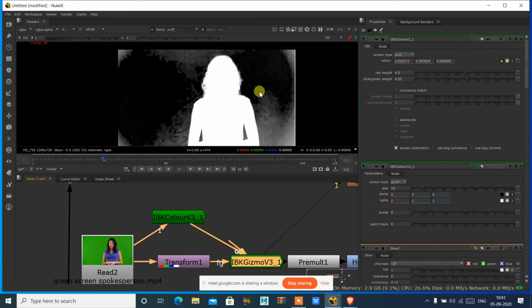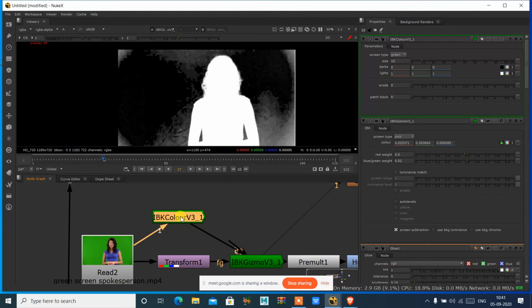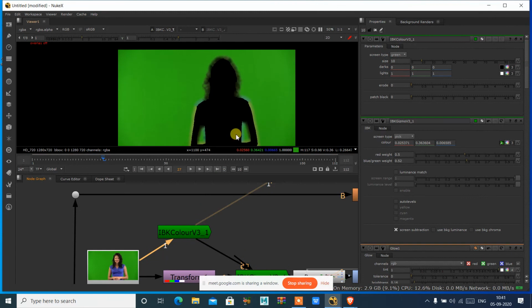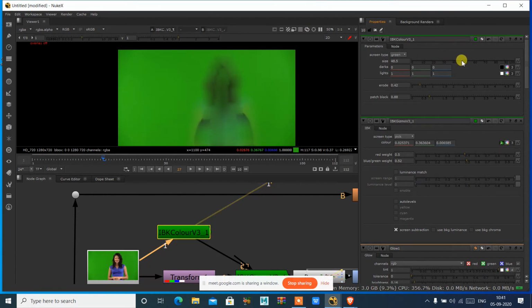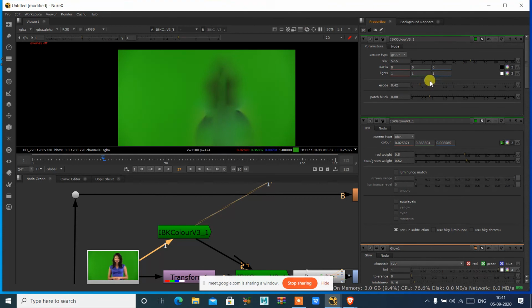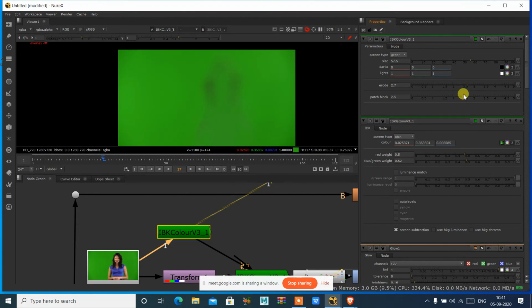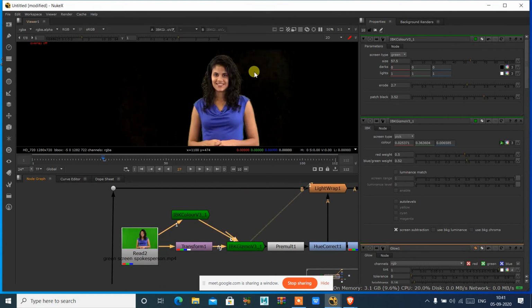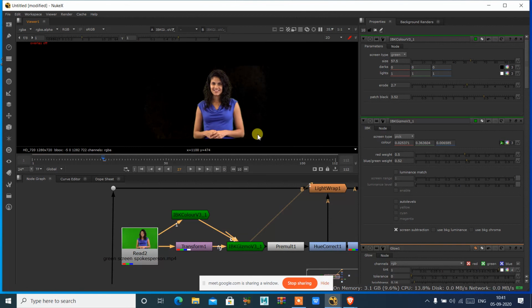Now to remove this properly, this kind of green, double click on this. If I press 1, press A. Okay, so you have this IBKColor and it is like this. So what you have to do is make that totally green. Okay, so you should not have any kind of patch like this. So you have this patch black, this erode option, and size of this. So I'm just cleaning the background. Whatever this color is, it should be a totally clean background now. So trying to adjust that like this. So totally green. I just press 1. Okay, so we'll be able to see how we can remove it over here.